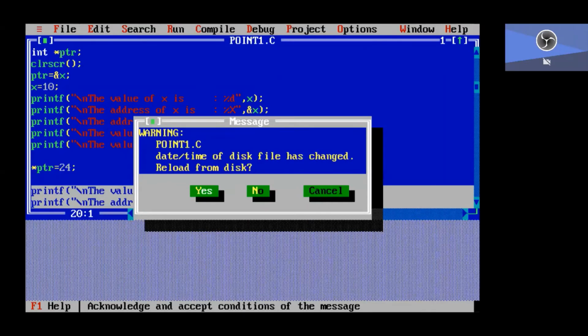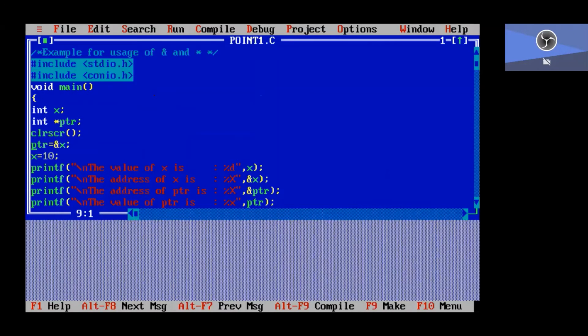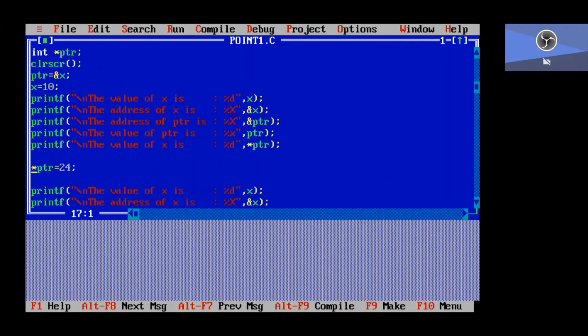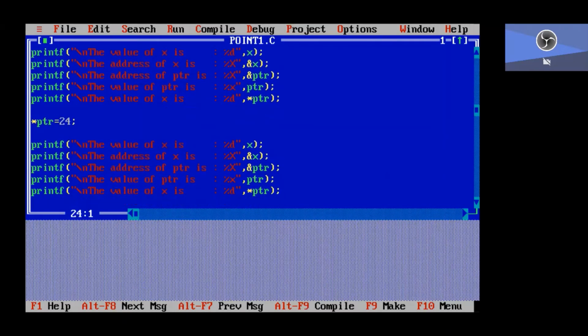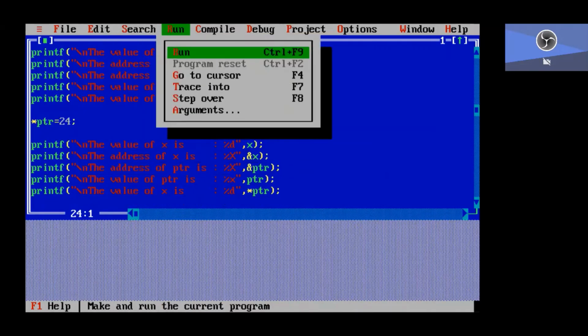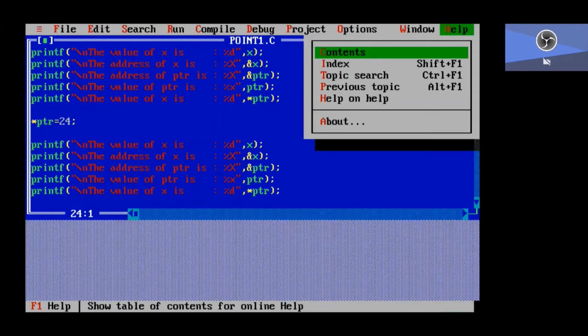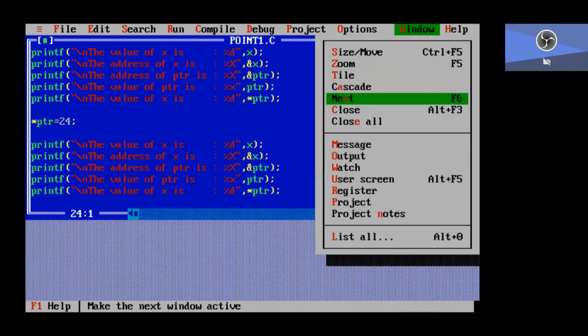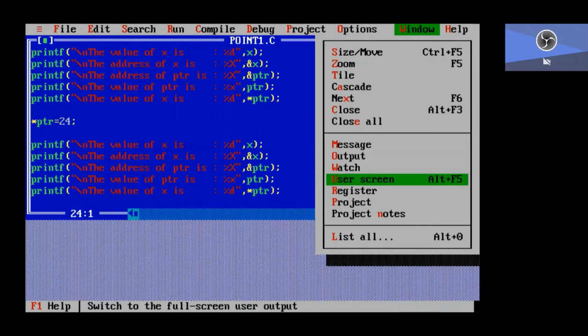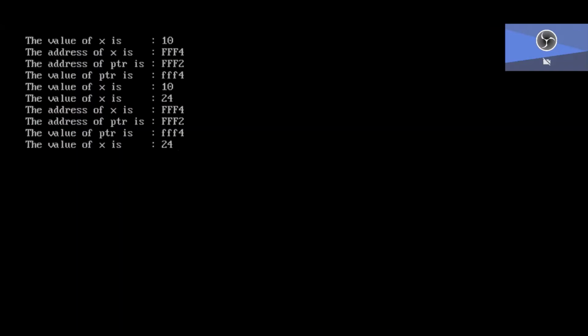I changed this indirectly by using the pointer concept: asterisk ptr equal to 24. Observe the first line: the value of x is 10, the address of x is FFF4.